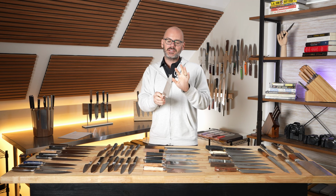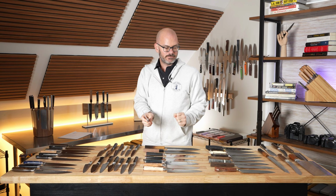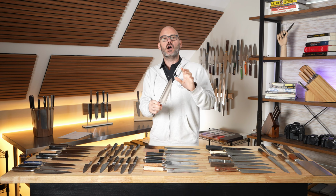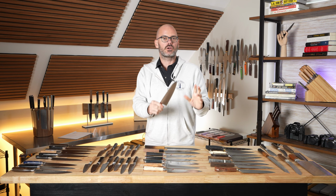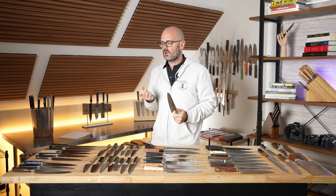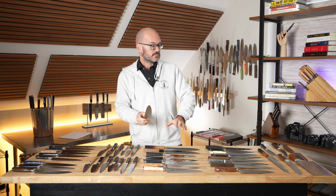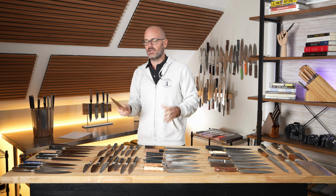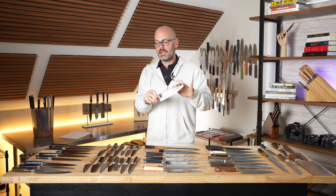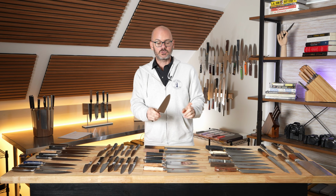But where this separates itself and might fall into maybe this category or maybe more specialty would be for someone who likes big, thick, heavy, girthy knives. If you have someone who's already got a Wusthof Classic, they obviously like a little bit fuller body blade, this is a really cool gift. If you have someone who honestly falls into any of the, actually, yeah, okay, this can go anywhere, I'll be honest with you. This may be the knife to get someone if they already have some knives, but they're still kind of in this area, or it fits your budget, or you just want to get a really unique knife